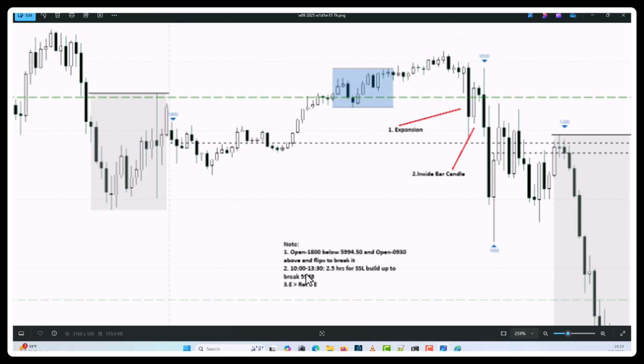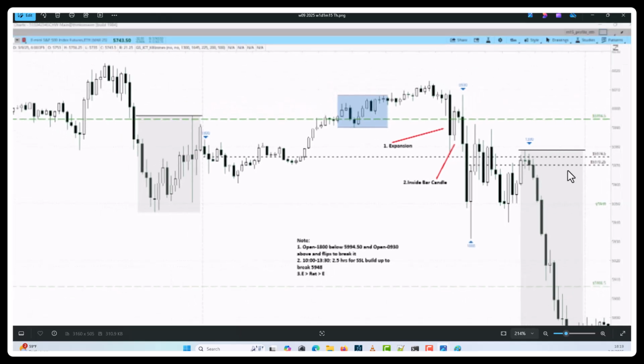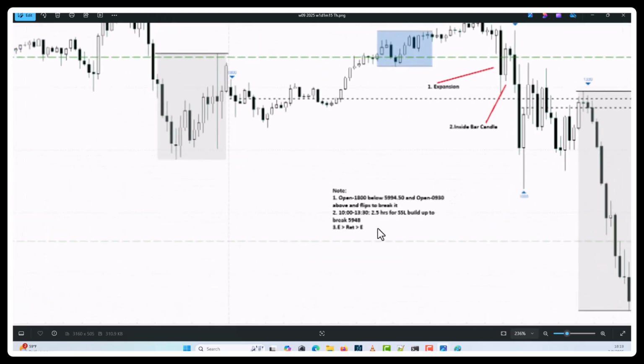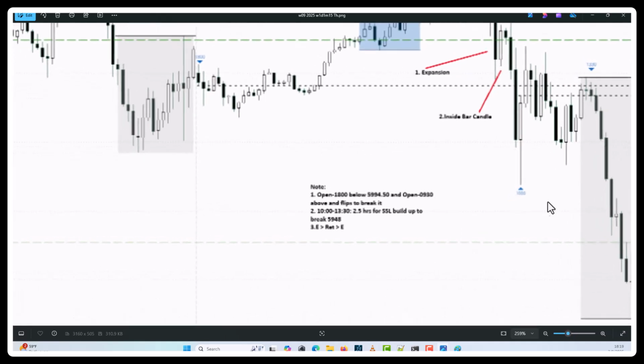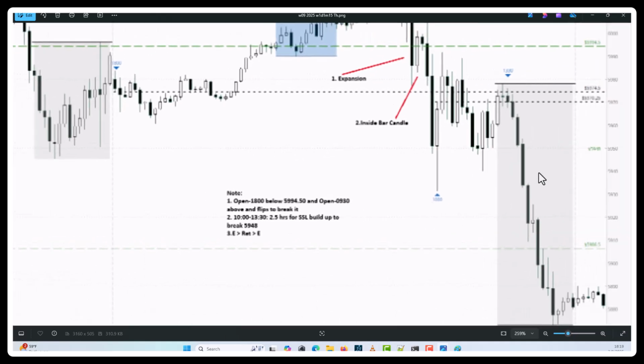So from 10 o'clock into 1:30 p.m. right here, it takes a retracement, a 2 leg retracement, one leg, two leg, then boom, it makes the next expansion right there. So it takes 2.5 hours to build the sell side liquidity, and then it breaks the key level